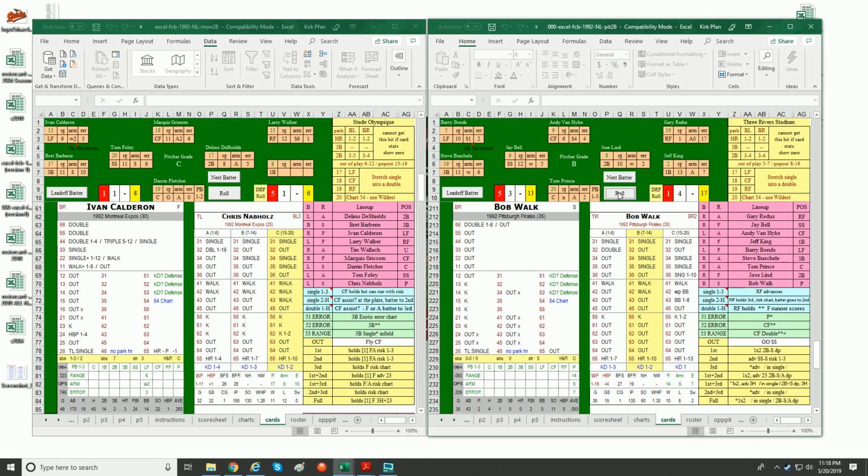So according to the chart, when you roll it, all right, so it would have been first baseman. So the first baseman over there, Orlando DeShields, he picked it up, an average arm. He's got an error of 5. So we're going to roll to see if he throws it away. We'll look at this yellow box right there. 1 to 5, it's an error on the play. It's a 1. So Bob Walk lays down the bunt. DeShields comes in. He throws it wild. The man trying to cover, the second baseman,